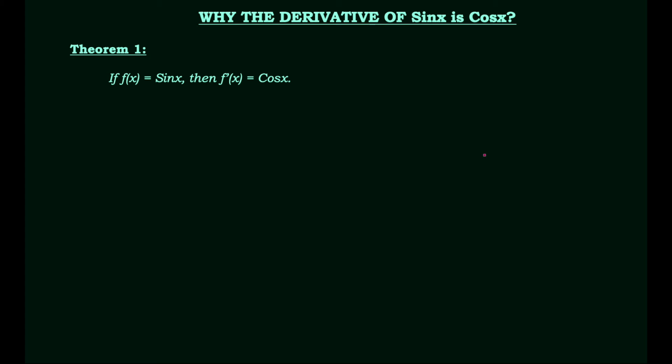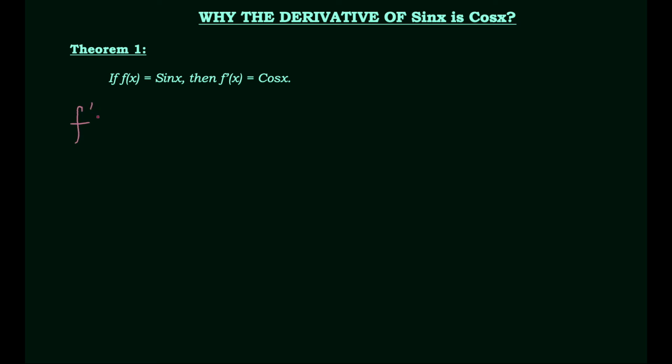So the question that we'll be discussing this time is why the derivative of sine x is cosine x. I know that you already have the different rules for differentiation of a function. For example, the simple power rule, the sum and difference rule, the product rule, the quotient rule, the chain rule, and implicit differentiation. But sad to say, all of those rules are not applicable in this proof because the only applicable